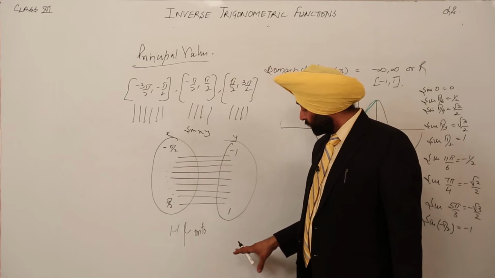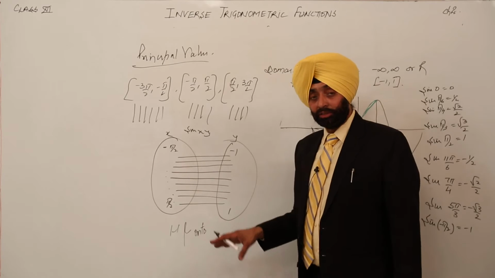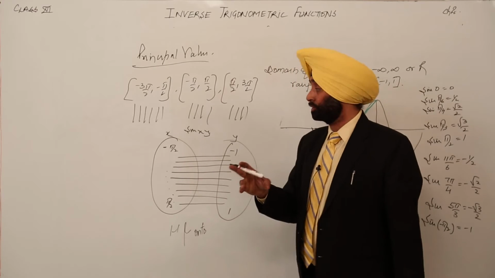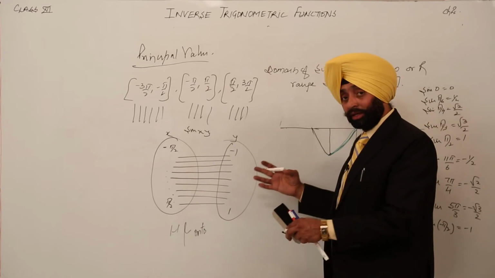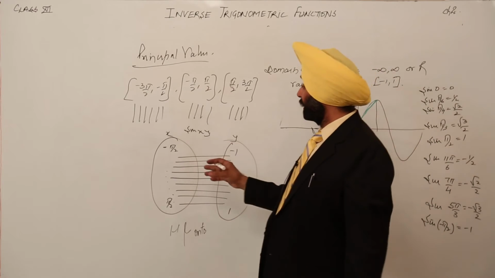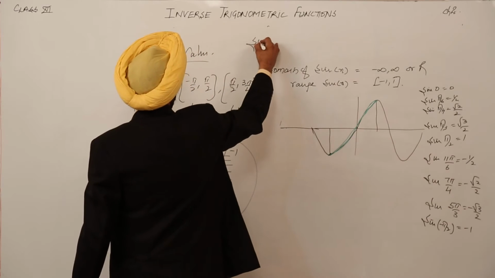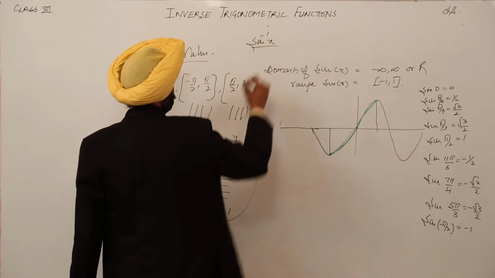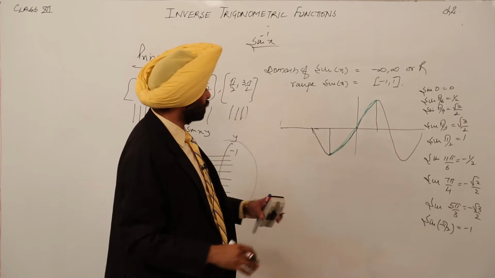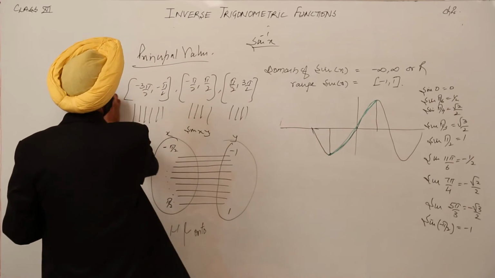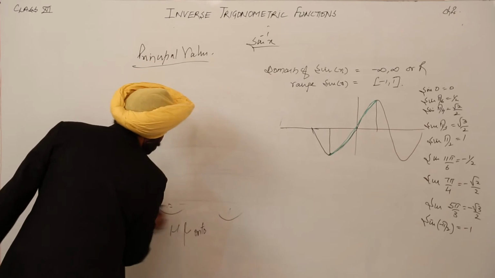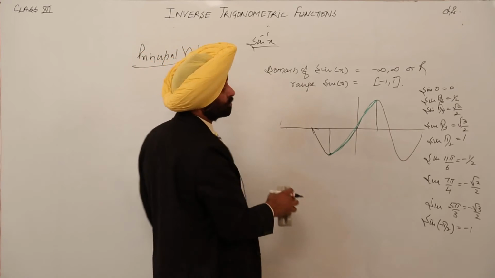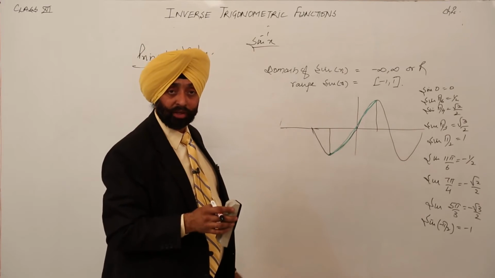When it becomes minus 1 to 1 and the range minus pi by 2 to pi by 2, it means now we can find the inverse. So if it is minus 1 to 1, we can get the inverse of sine, and that is denoted by sine inverse x. Now the interesting part is the smallest values, the same values for the smallest part, they are called the principal values,